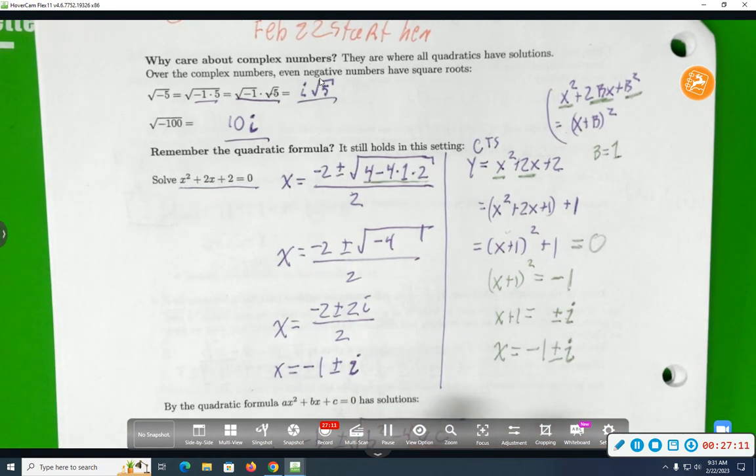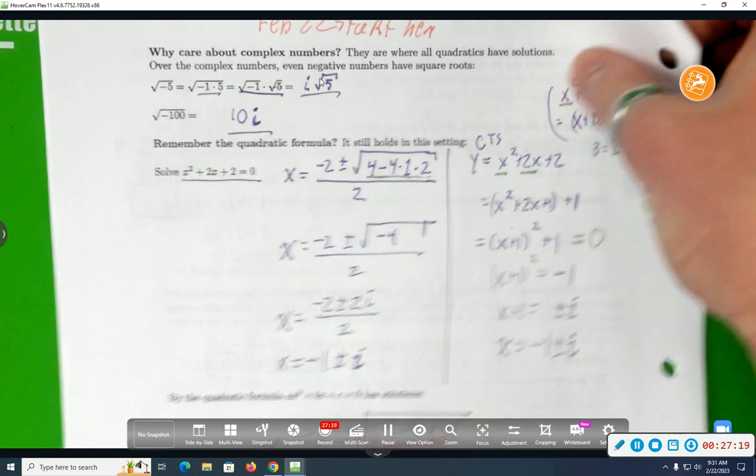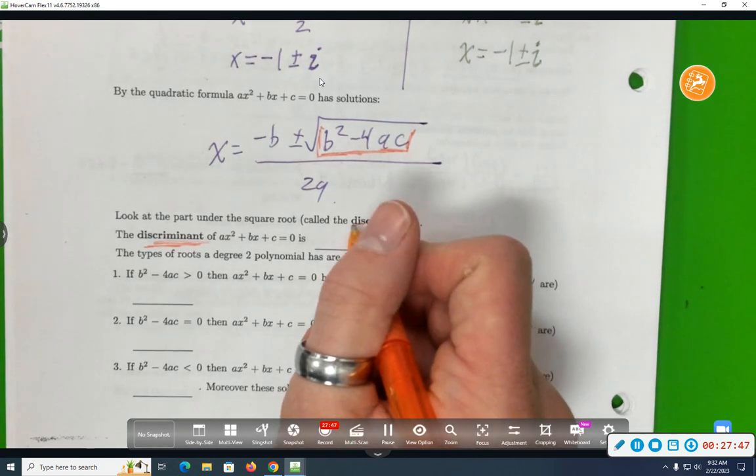And let's think about what sorts of answers we might get. And let's do it by focusing on the thing underneath the square root. So we've seen that we might get complex answers. The only way we get a complex answer, though, is if that thing under the square root is negative. If it's positive, we'll get real answers. So here's what we'll do. I'm going to call that bit in orange right there the discriminant